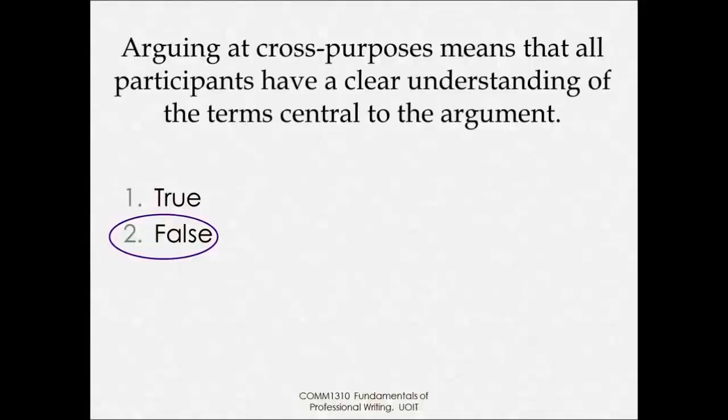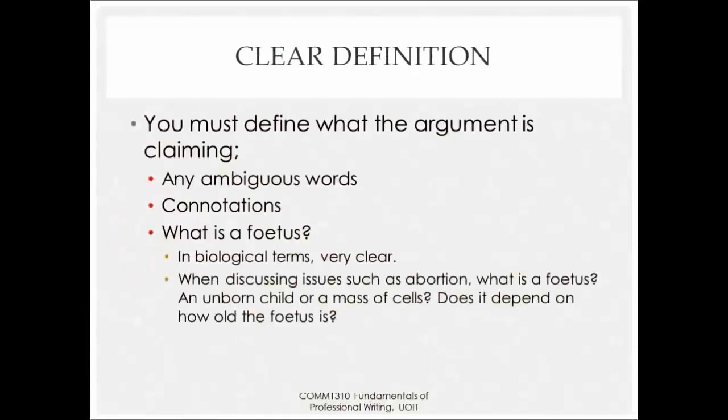When you are making your argument in a research essay, you must be clear in your own mind about what you are arguing. If you are not, you will not be clear in your essay, and then your reader will not understand what you're trying to say. So to avoid the problem of arguing at cross purposes, you must be very clear as to what you mean. Clarify any ambiguous words, be aware of connotations or the underlying meanings of words, as well as the effect that some words can have on some people.